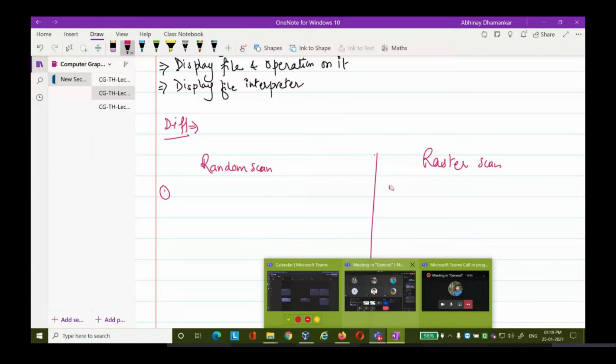Very first point, take under this point 101, random scan. Write down: random scan operates by directing